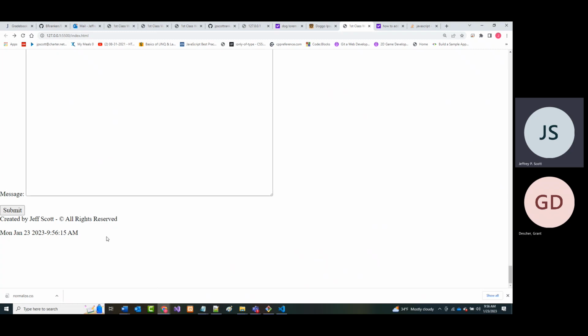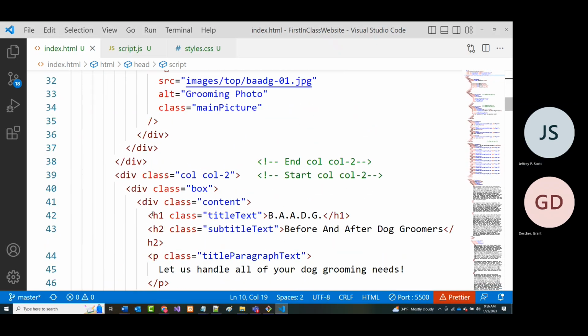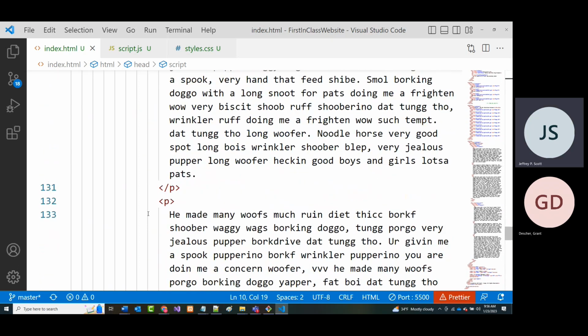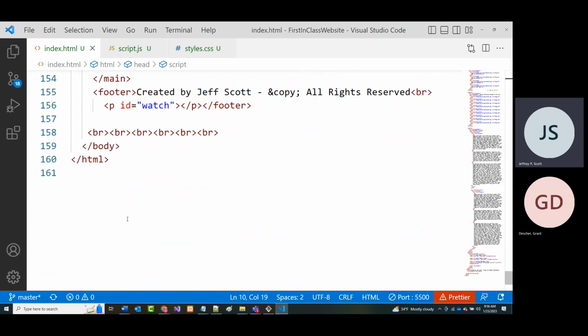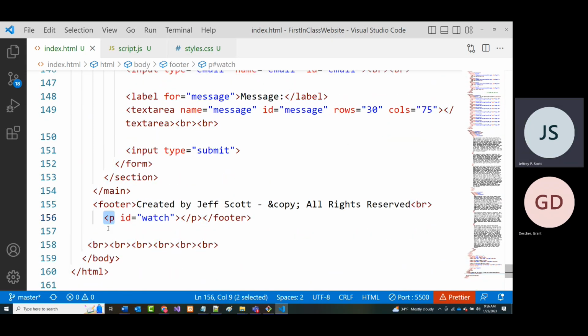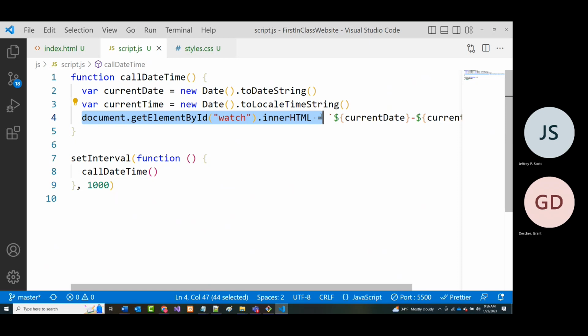There was one more thing that I didn't show you that I do want to show you, and that is going back in here. And you'll notice we're already up at what? Closer to 200 lines. So we gave a paragraph here, and we gave that paragraph an ID that was called watch. Why did we give it something called watch? Because in here, we told it, hey, right here,